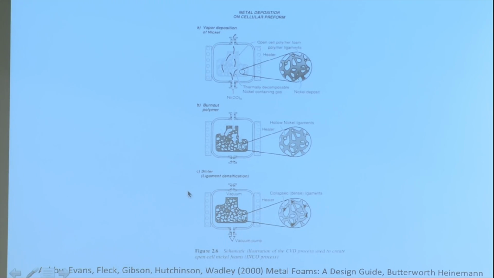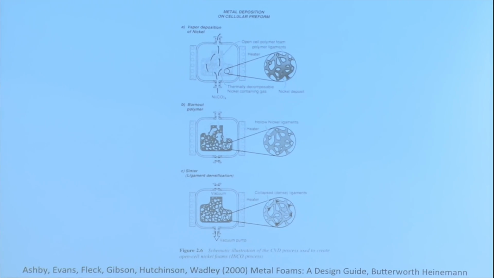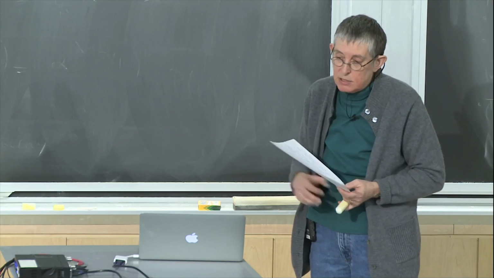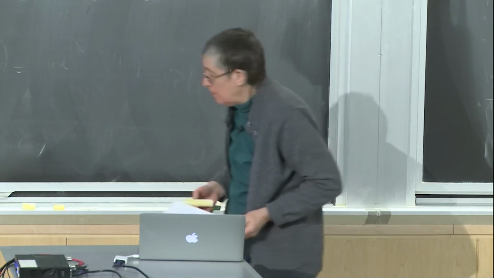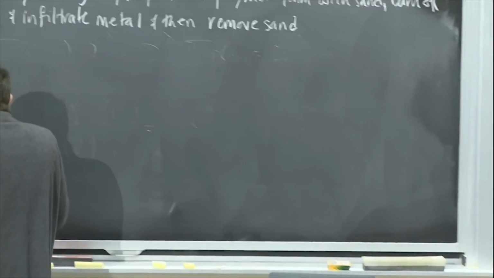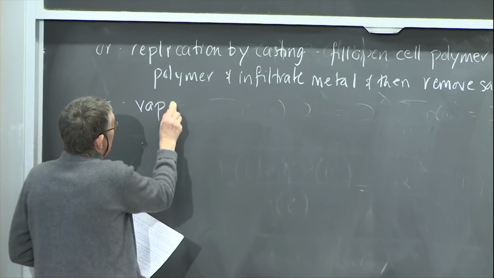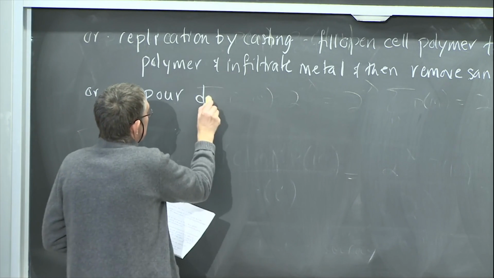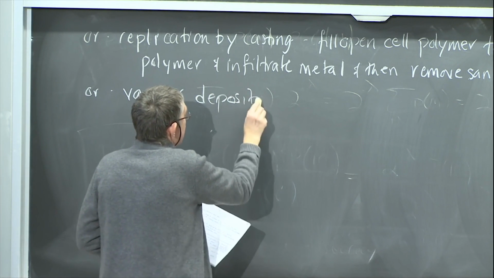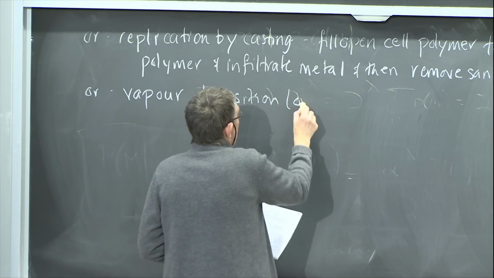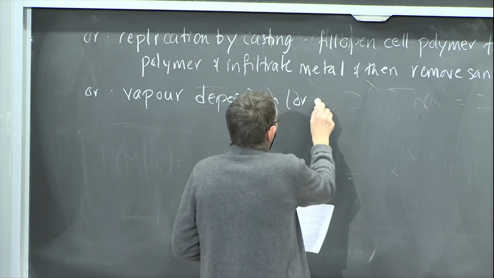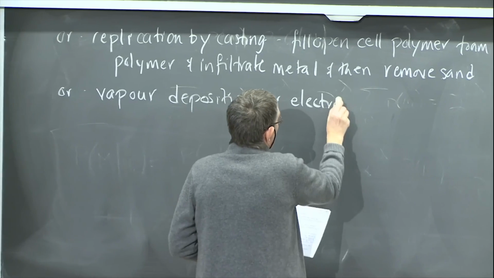And then usually what they do is they sinter it. They heat it up again to try to densify the walls. The only teeny-weeny problem with this process is that the gas they use is incredibly toxic. And so it's not cheap, and it's got health hazards associated with it, but you can do it. So that gives you a nickel foam when you're finished with that. And you could also use an electrodeposition technique that's similar.